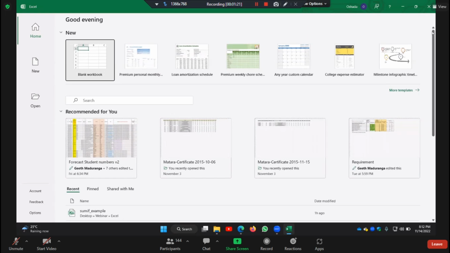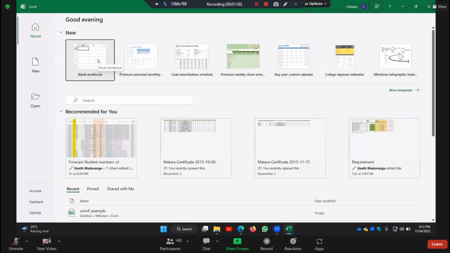So similar to the other softwares that we have gone through, here also there are templates, right? For different kinds of activities that we can do, there are different kinds of templates here, right? But to start from the scratch, I'll be taking a blank workbook here, right? So if you all can remember, in Word we got a blank document, right? In PowerPoint we got a blank presentation, and in Excel I'm going to take a blank workbook and start with